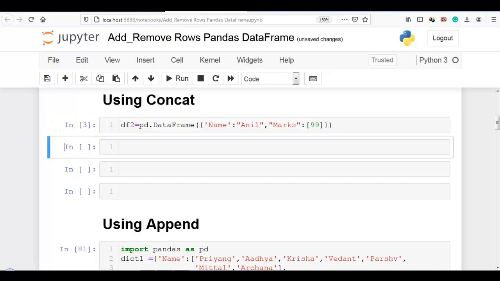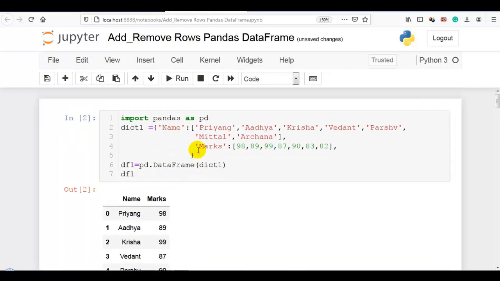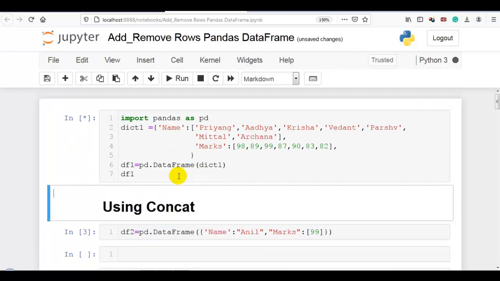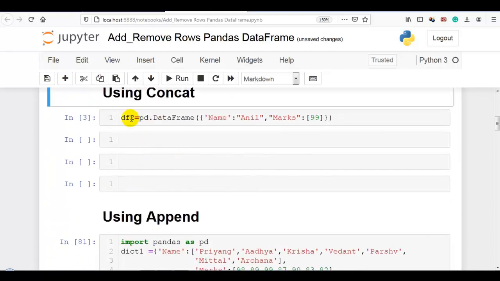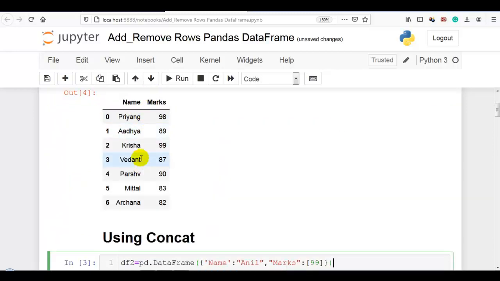So let me execute this. Now you can see our data frame with name and marks. So here I have created this new row that I want to add to our existing data frame.